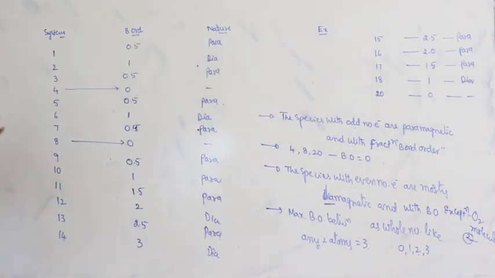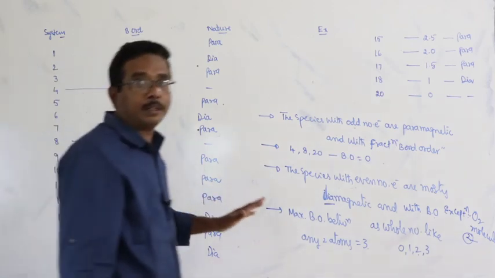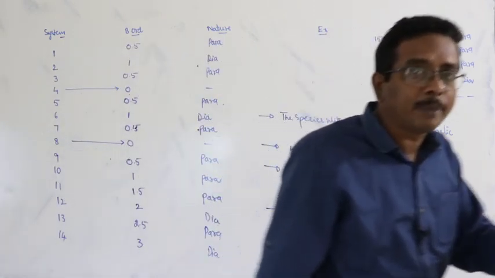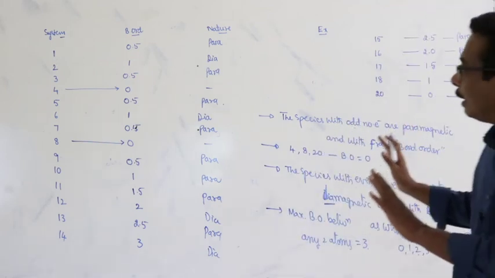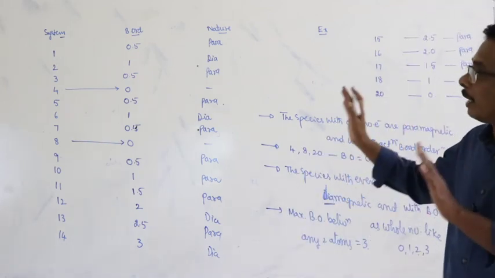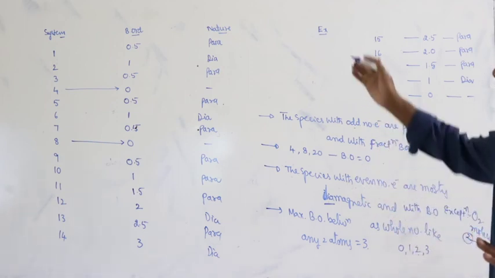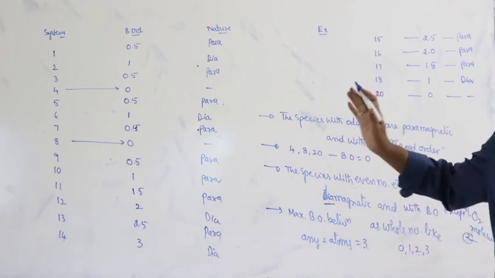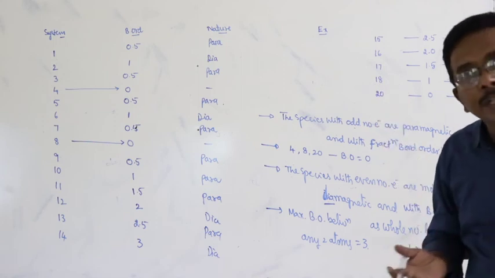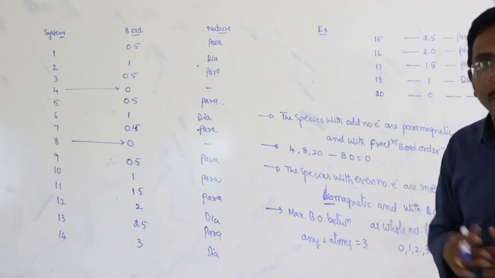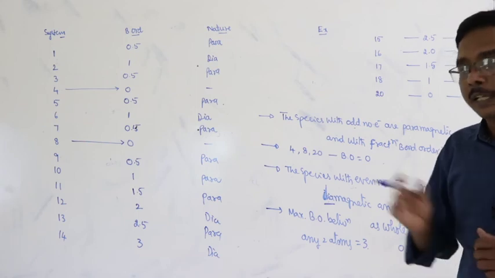And you have to make the table like this, and at the same time there is an important statement. The species with the same number of electrons have the same bond order. I have already given examples in each and every case. N2: number of electrons 2 into 7, 14. CN minus: 14.